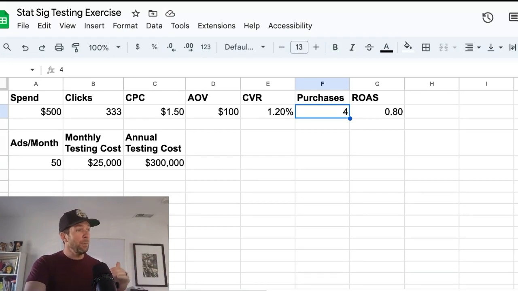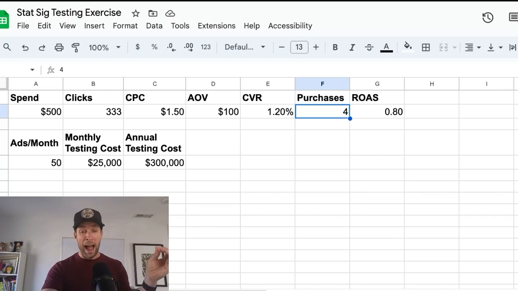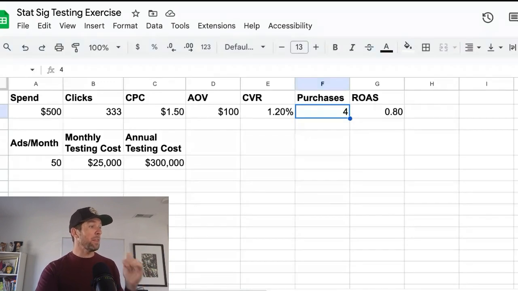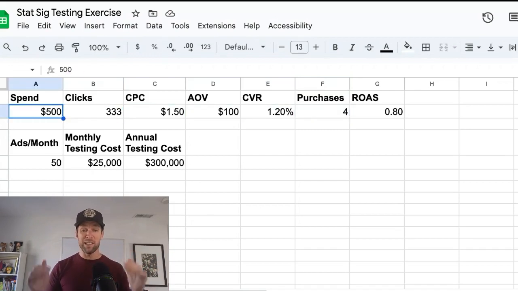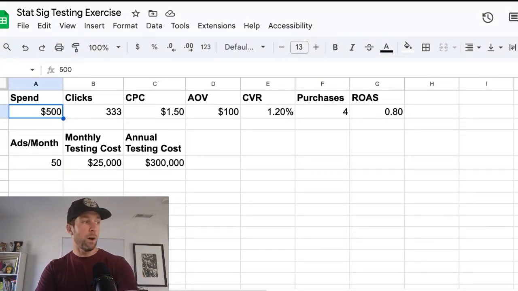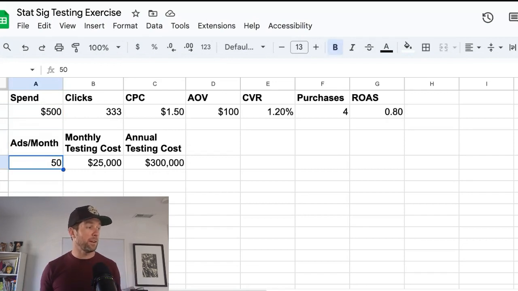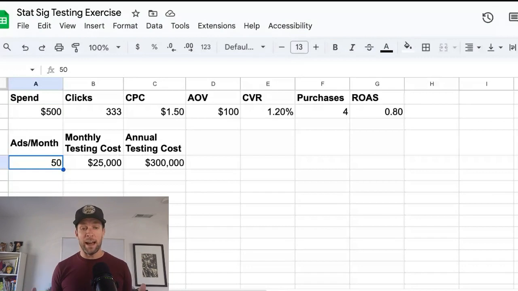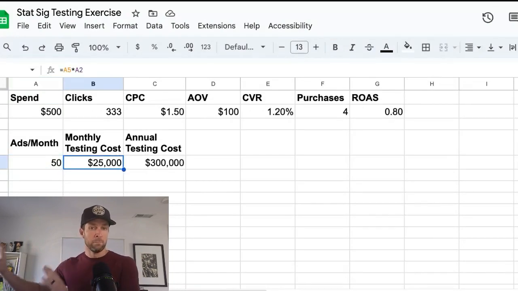And now, if you think about that, not only is that the case, but the actual cost of doing this gets incredibly high very, very fast. I'm assuming that you're spending $500 on every ad at this point and allowing it to run that much. But if I'm going to do that, now the cost of testing, if I launch 50 ads per month, is $25,000 a month or $300,000 a year. That is a significant line item. And of course, larger brands are actually testing quite a bit more than this. Smaller brands simply do not have that. If I drop that to 25 ads a month, they simply do not have $12,500 a month lying around that they can just blow on testing.